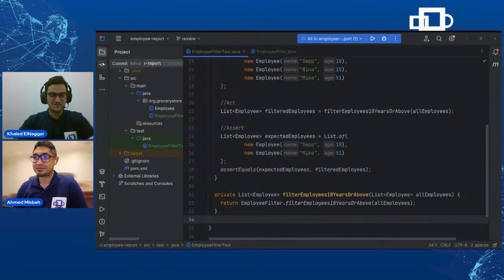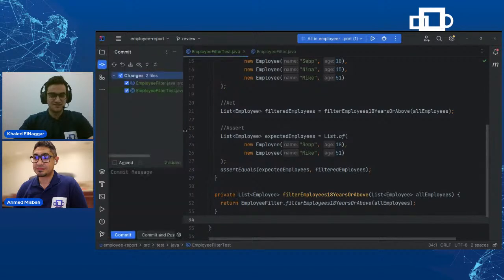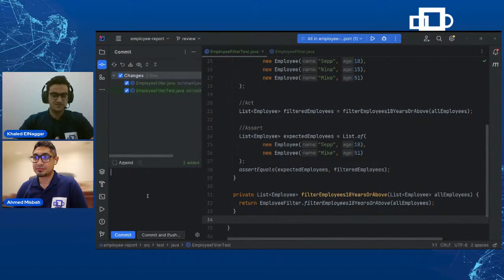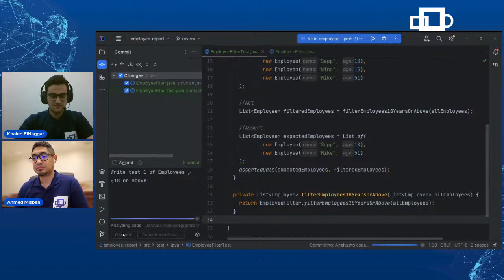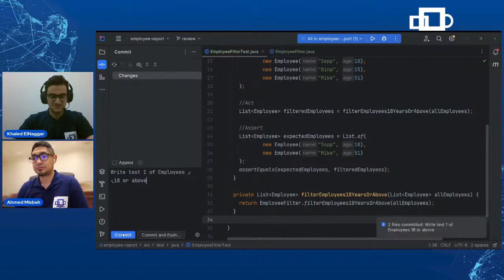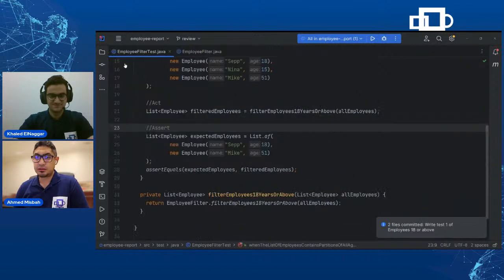Okay, Ahmed, we can use the Git client here from our IDE, and we should write a meaningful message. That is, write test 1 of these 18 or above. And then we commit our changes. And it's committed. Okay. So now that you know that this is something that you're supposed to do in the TDD cycle,